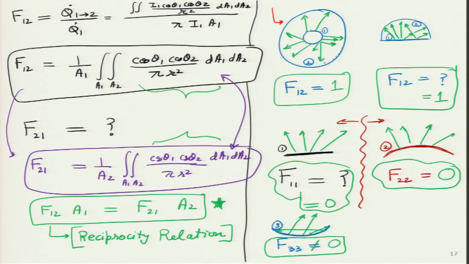As a matter of fact, I can ask that same question on this particular surface over here. You remember this was one small ball inside another big ball. So, the small ball is 1. If I ask what is the value of F11 over here, which example will you think of? Everything which is leaving, nothing is hitting it back, so F11 is 0. Good. What about F22? Let me draw some direct radiation. This part is hitting itself, this part is hitting itself, which means all I can say is it is not equal to 0. So, some part of radiation which is leaving surface 2 is going to hit itself again.